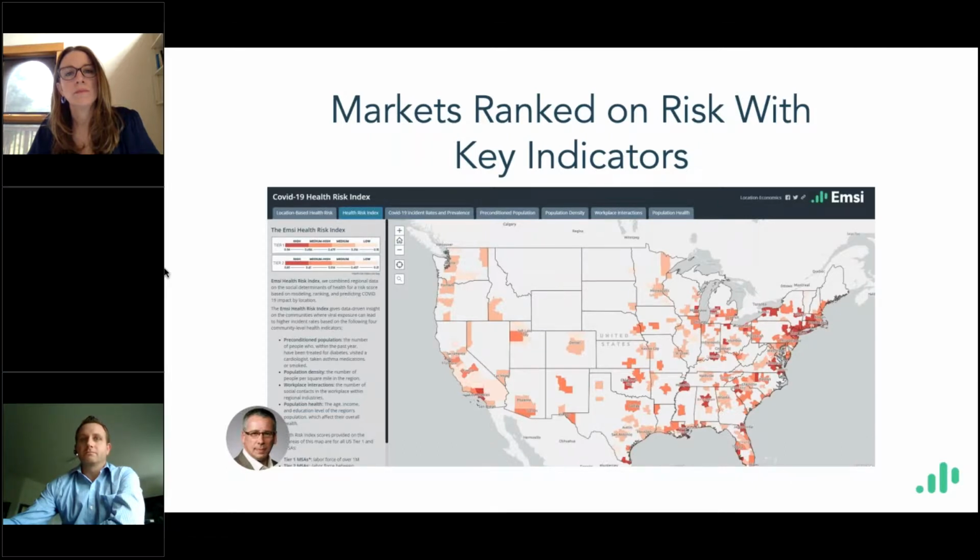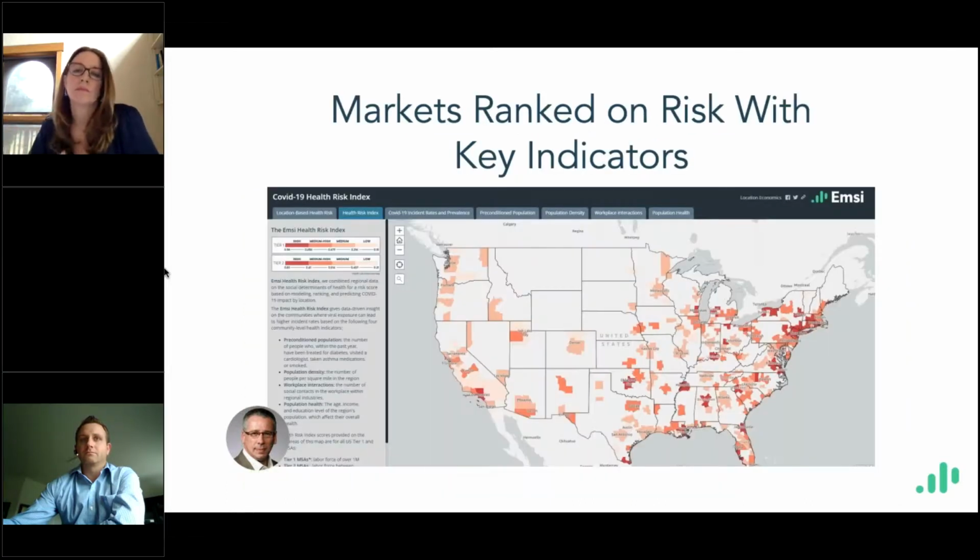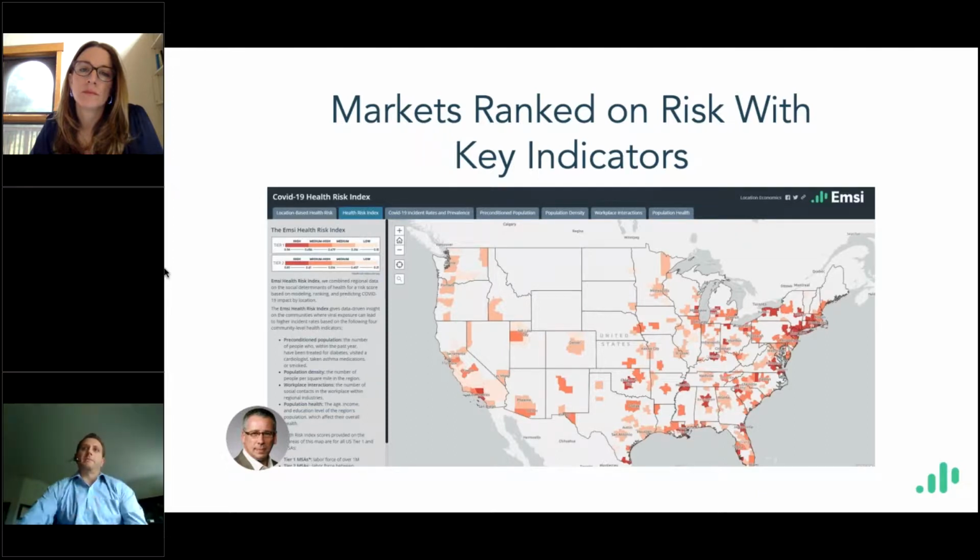When we look at the model in the last slide, sorry, Amy, we see that we've divided the country up into core-based statistical areas. That is just one level of analysis that we've done. Those are the 36 major metropolitan areas with 1 million or more in the labor force. That was our first look at the disease and how it was impacting, because the disease was impacting 75 to 80%, and still is, of those major metropolitan areas.